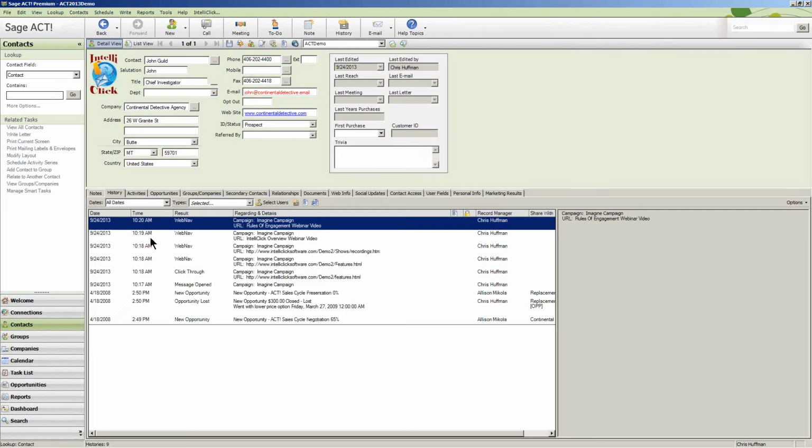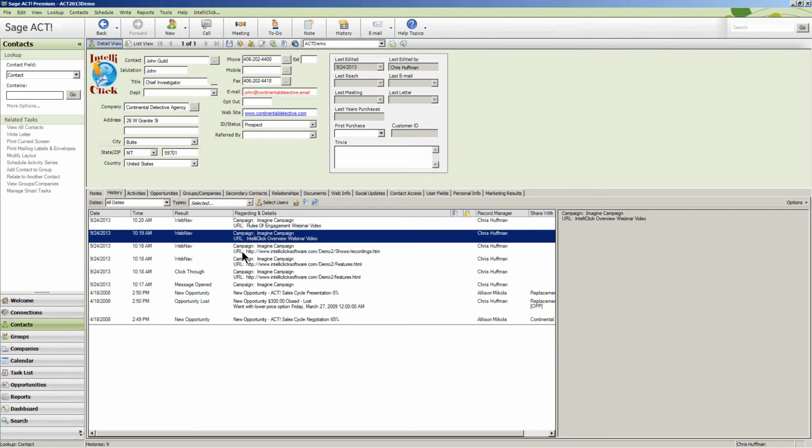So it's showing me a date, a time, and the exact videos that he's been watching. These could have just as easily been a click to download a white paper PDF file. It could have been to send him off to other places. Maybe perhaps if you collaborate with other companies and you want to refer them to that company, at least you